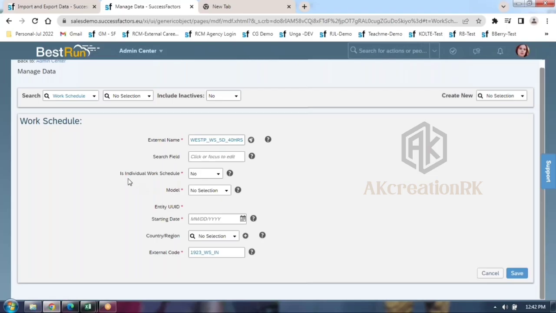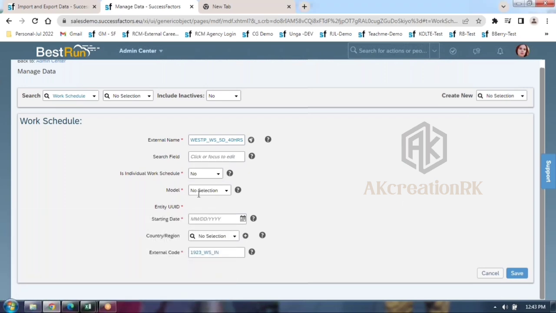In that scenario, you can go by is individual work schedule. That means you have to create a separate work schedule only for those 100 people. Whenever you hire against those positions, you have to use that particular work schedule. Technically, we call it individual work schedule. That time you can say yes. Otherwise, no. Universal means no. That is the difference, guys.